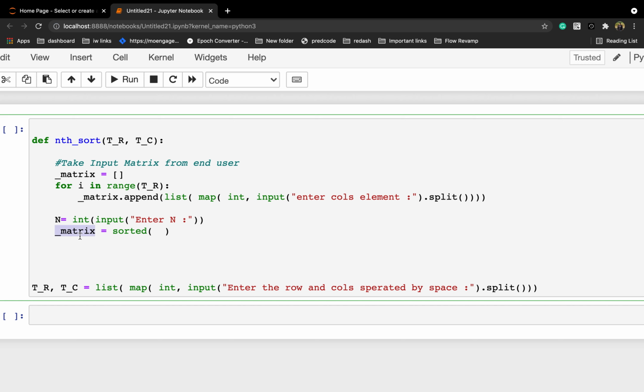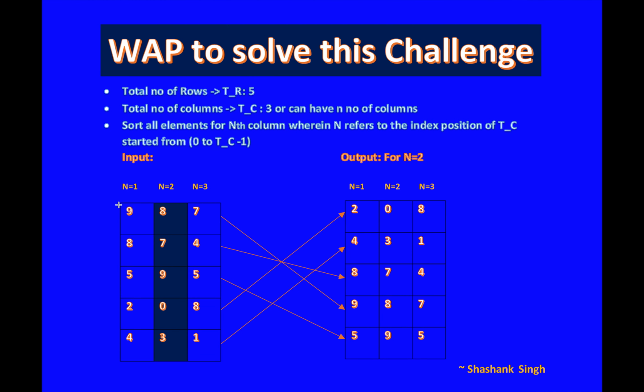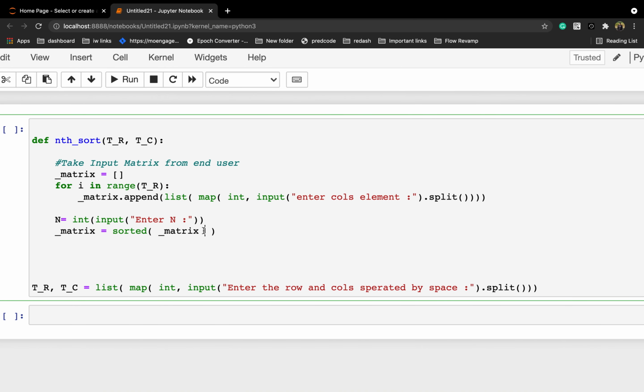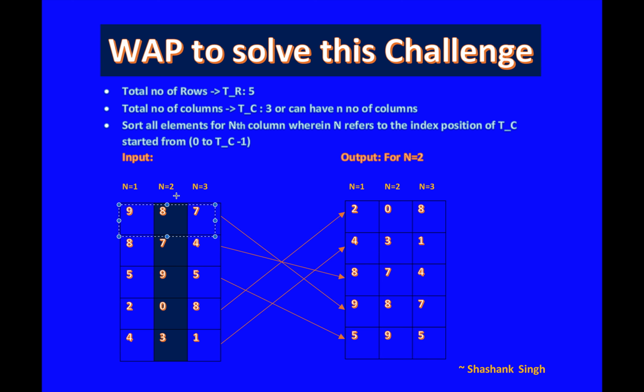Here we need to provide the iterable, let's say this whole matrix, so we go through the whole matrix one by one, and then we have to provide some key. What should be the key? For the first row the key should be 8, for the second row the key should be 7, for the third row the key should be 9. On the basis of these keys we need to sort, right?